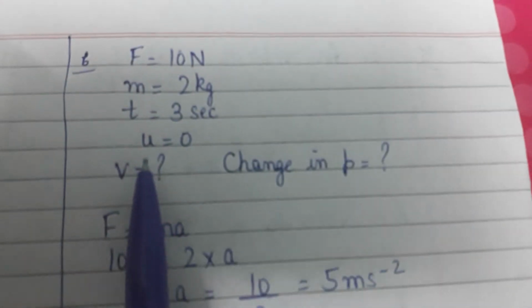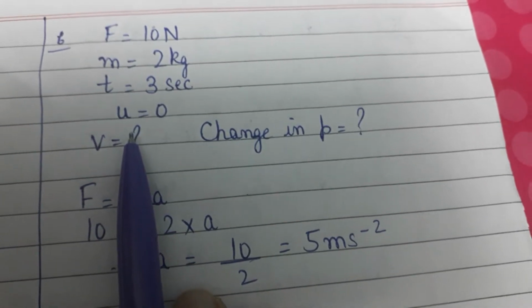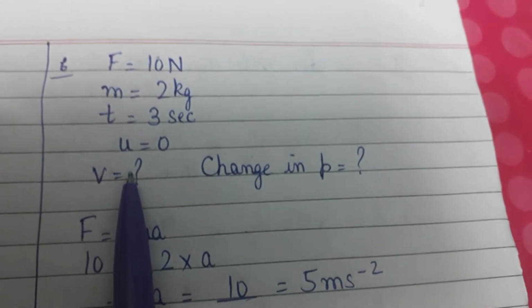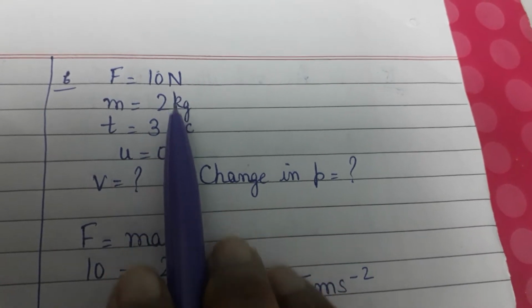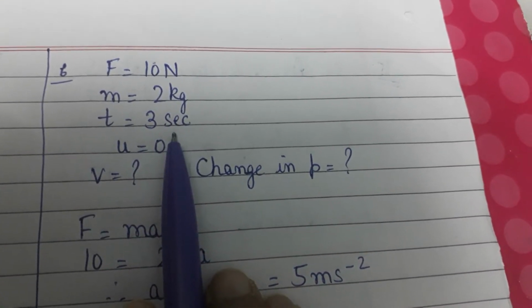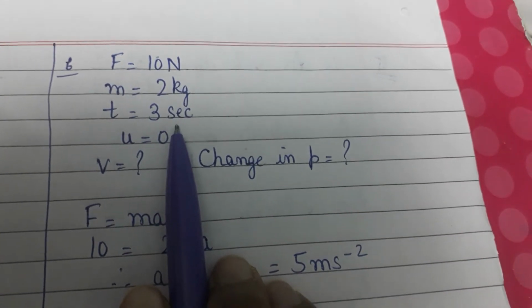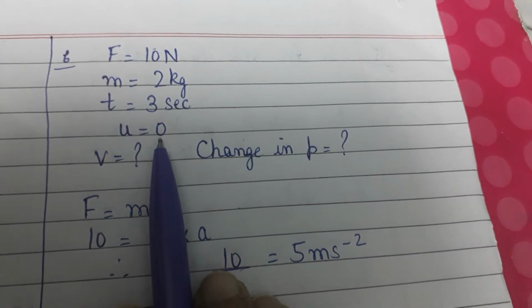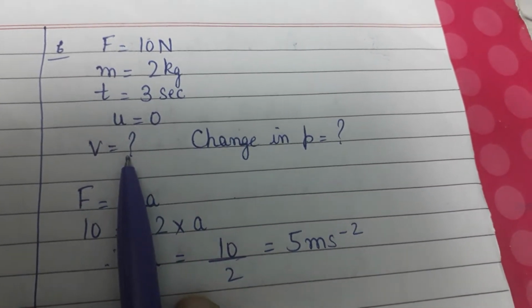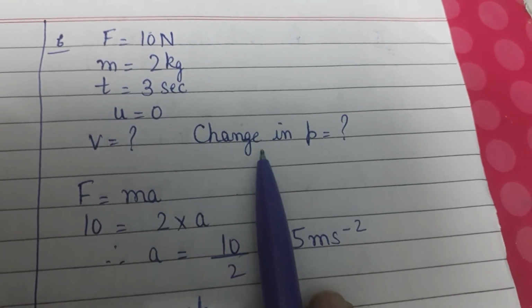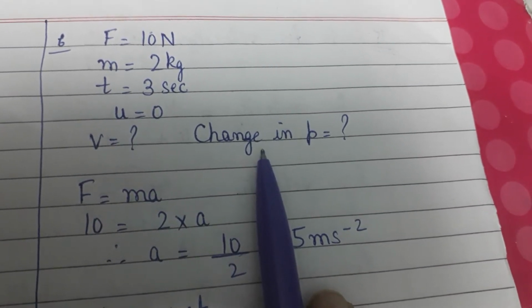Okay. Now we go to the sixth numerical. They are really very easy numericals, children. We are just putting the formula, substituting the values and getting the answer. Sixth, a force of 10 newtons acts on a mass of 2 kg for time 3 seconds, right? This has been given to you. The body is initially at rest. Initially at rest means u is 0. You need to find out the final velocity or the velocity acquired, means the value of v, and also the change in momentum has to be found out, right?